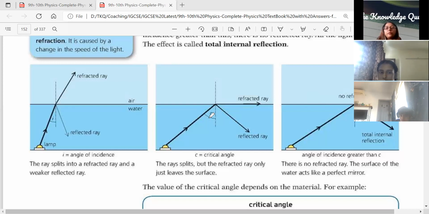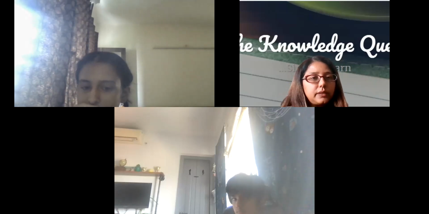Critical angle is different for all substances, right? Critical angle will be different, जैसे अगर ये water है तो critical angle of water will be different. अगर ये glass है तो it will be different. Depending on the material it is, it will be different. Clear? ठीक है, बहुत ही ज़्यादा important concept है ये. So have you understood this? This part is understood well? Yes. Yeah.